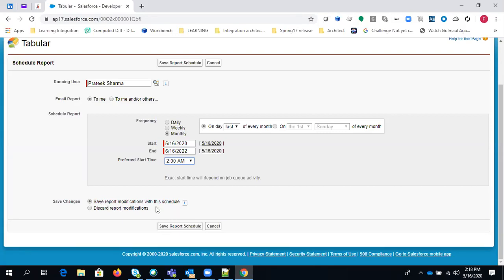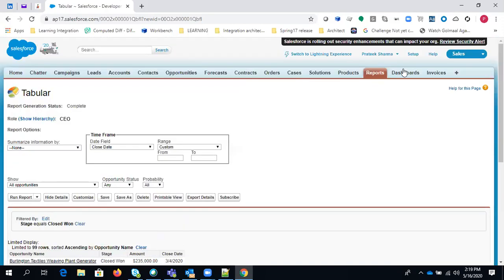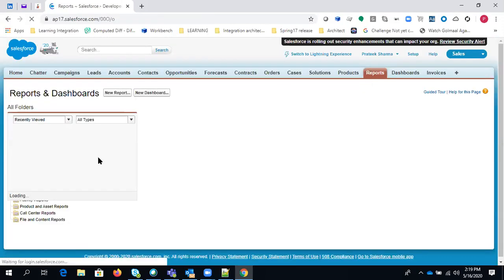You can skip those changes by selecting discard, and if you select the save button, it will catch those changes and run the report based on them, right? Save and schedule report. Now the report is scheduled and it will automatically run on its particular day.